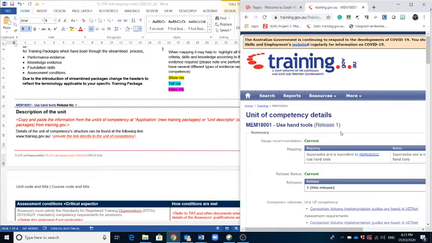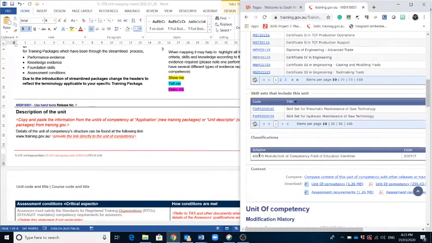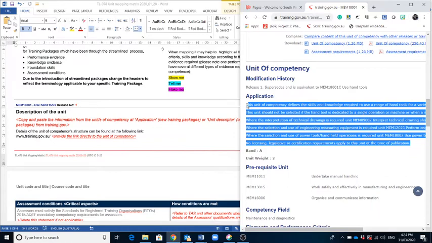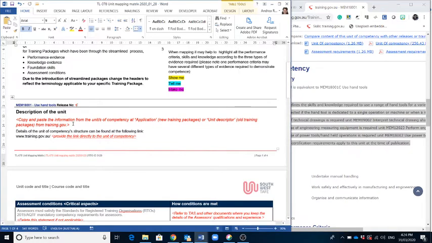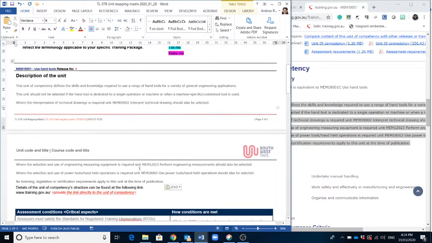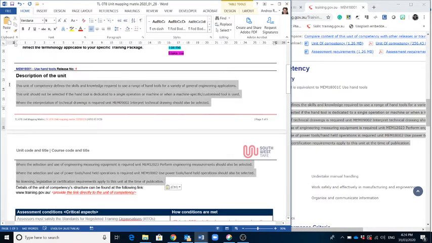The description, and depending on the unit it can be called different things. In this case it's called the application for the unit. It could be called description. Once again, you're just copying it, pasting it in. Now once again you will reformat that when you're finished, so you'll go back up, highlight what you've cut and pasted,